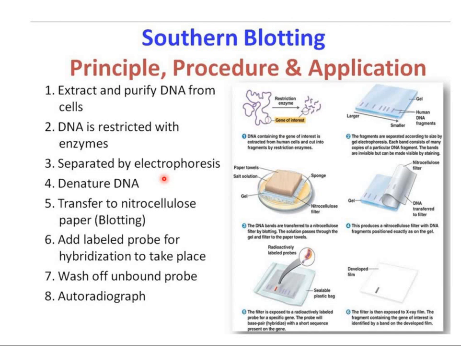Okay. So once you transfer it to a nitrocellulose membrane and fix it, then you add a labeled probe, and hybridization takes place. Then you wash the membrane using appropriate reagents, so whatever has bound non-specifically to the membrane gets removed. Then you can develop this using autoradiography, a fluorescence-based method or a chemiluminescence-based method, and have a look at whatever you can analyze in your DNA.